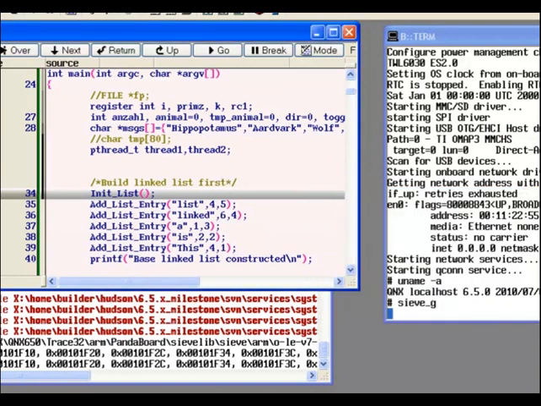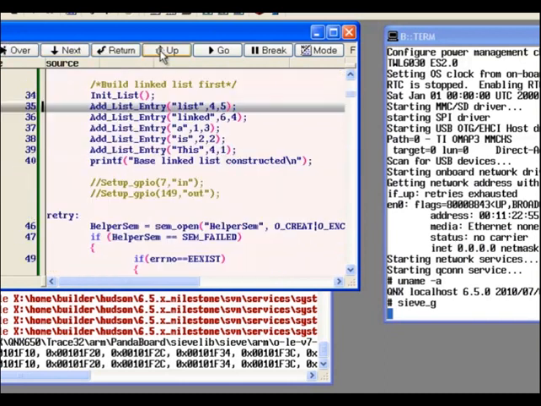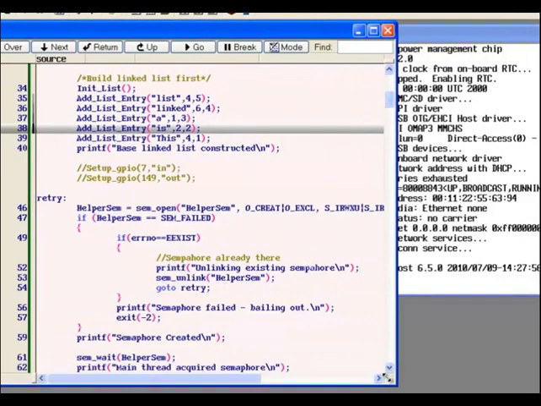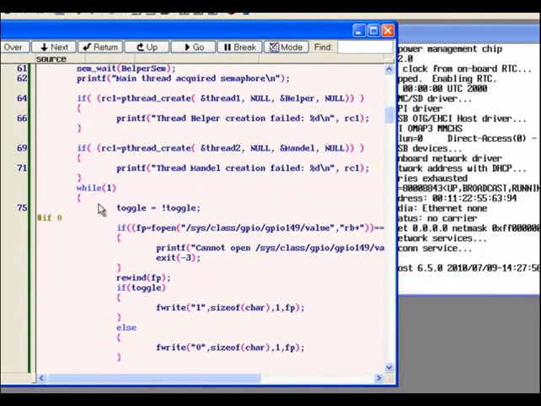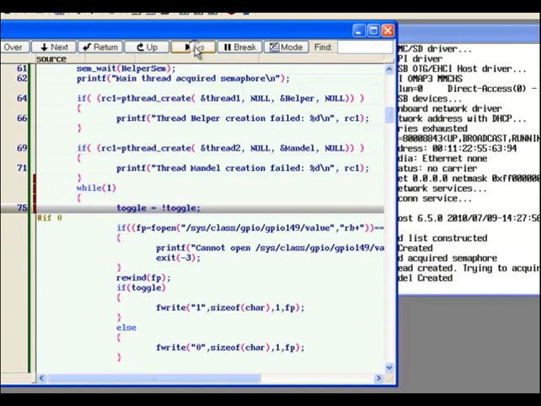We can step into functions, of course, step out of functions, step over functions, just the normal debugging as you are used to debug. Then we can set breakpoints, of course, for example here. This is the while one loop, so this is the endless loop of the process. If you do a go, of course, we run into the breakpoint, and we can go, and of course we will always run onto the breakpoint. Let's remove it again,